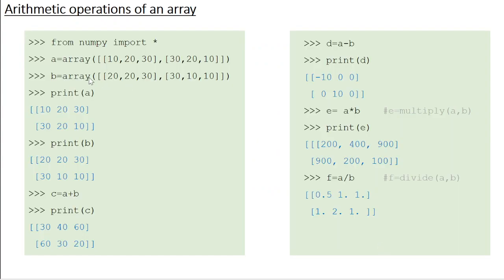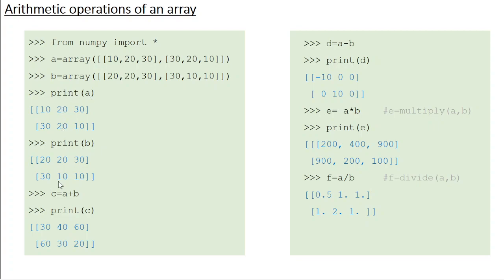Next, some arithmetic operations on arrays. From numpy import *, I am going to define A as a 2-dimensional matrix, basically a 2 by 3 matrix, and B is also a 2 by 3 matrix. Since all the elements are integers, both A and B are integer arrays. When you print A, this is how the result looks.